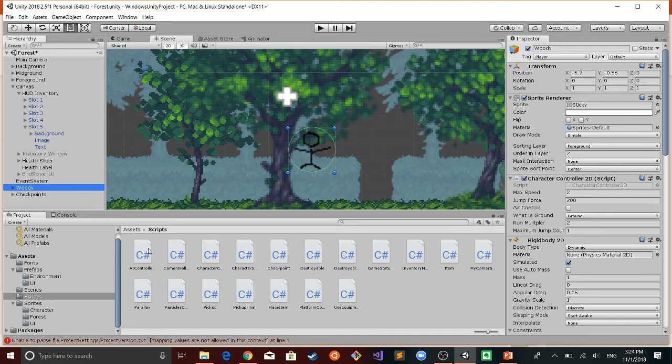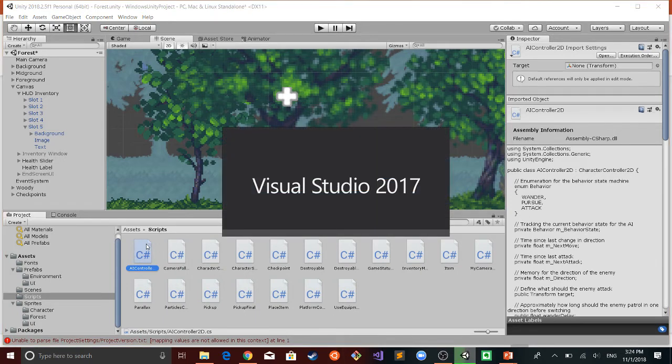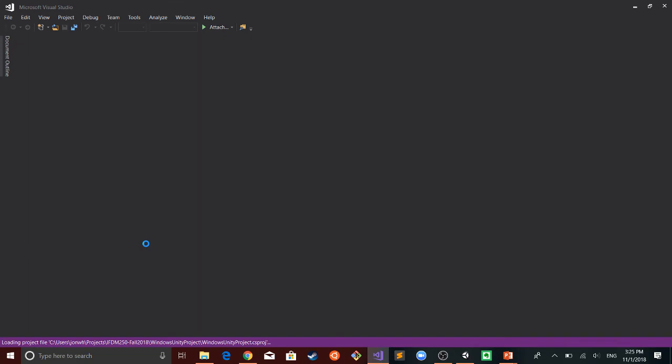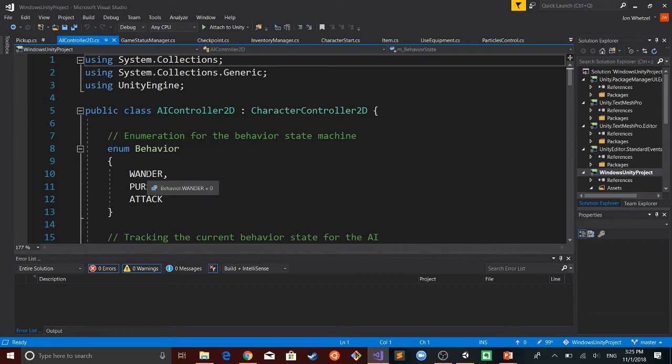In the assignment 6 package I provided, it has an AI controller script. I'm going to go ahead and open that up so y'all can see what's included within this script. Okay. So in order to do the state machine,